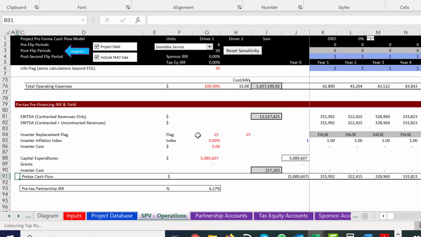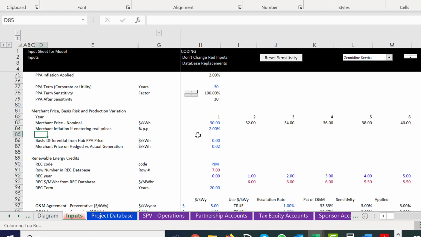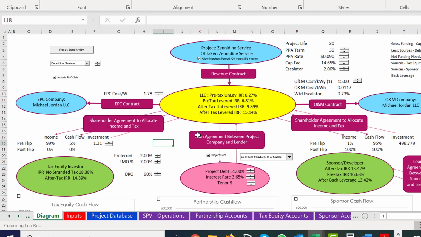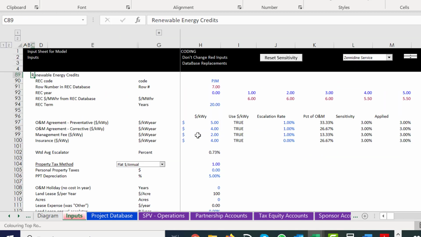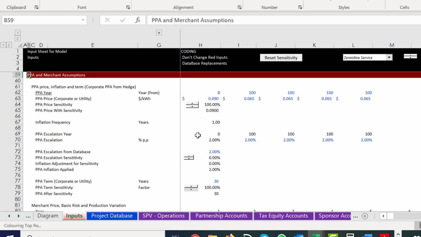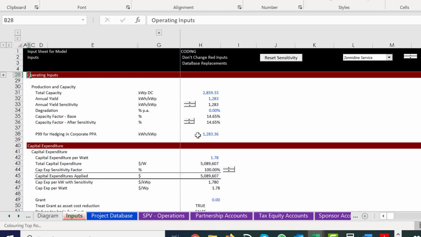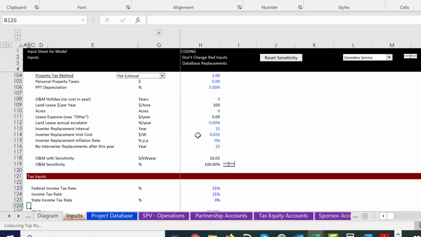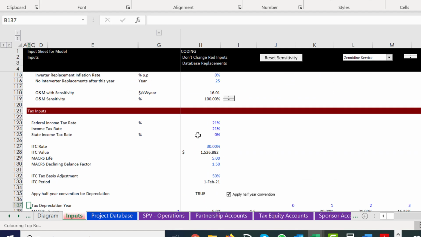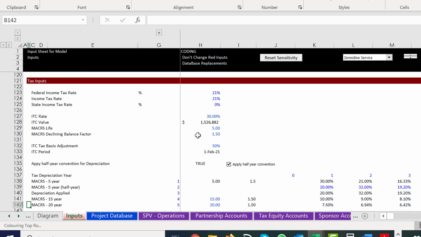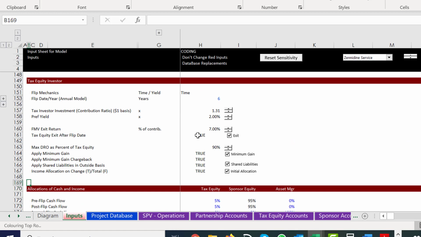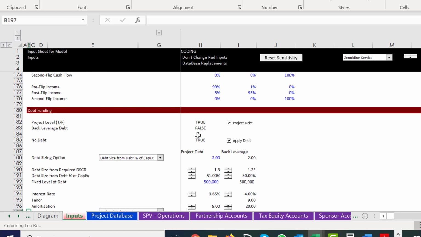Now, perhaps the best way to do this is to work through some of the inputs. I think I put these in column B. We put the capex, the operating expenses, the merchant assumptions. Then I think the right thing to do is start putting in some tax inputs. Perhaps I'm a little inconsistent here, because before, and then we're going to talk about the allocations, and I put